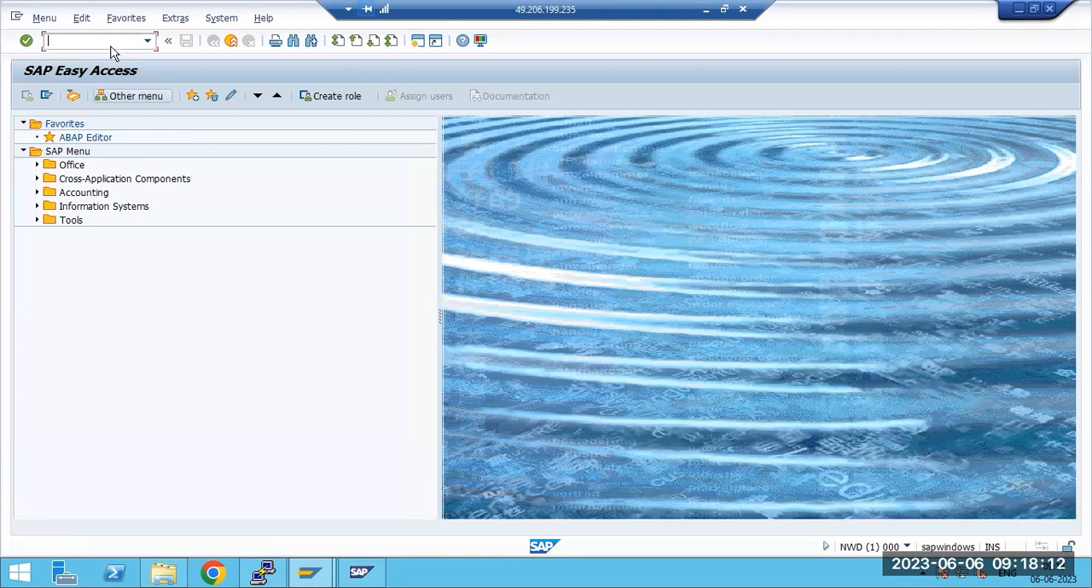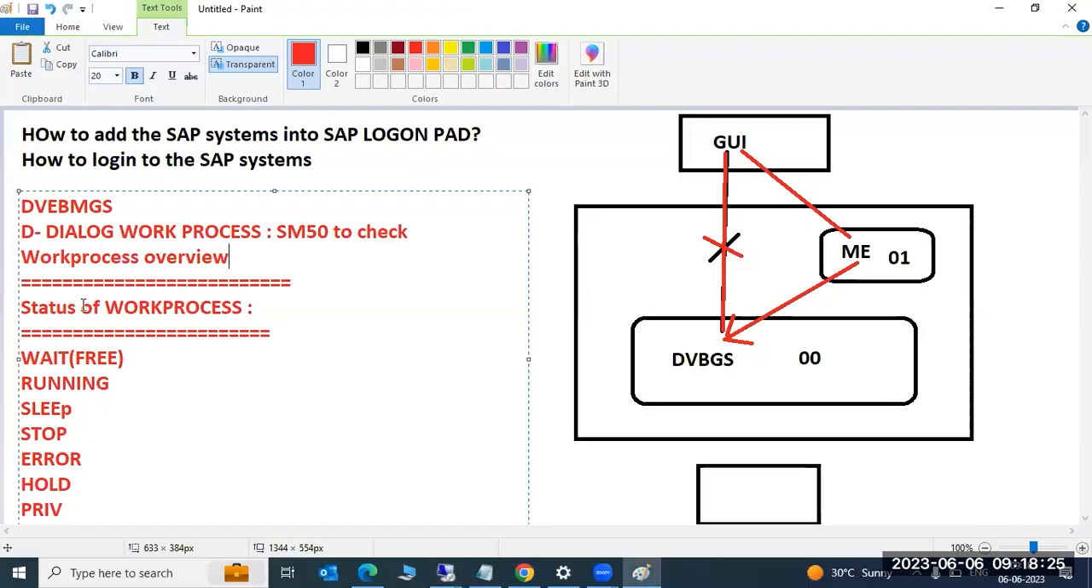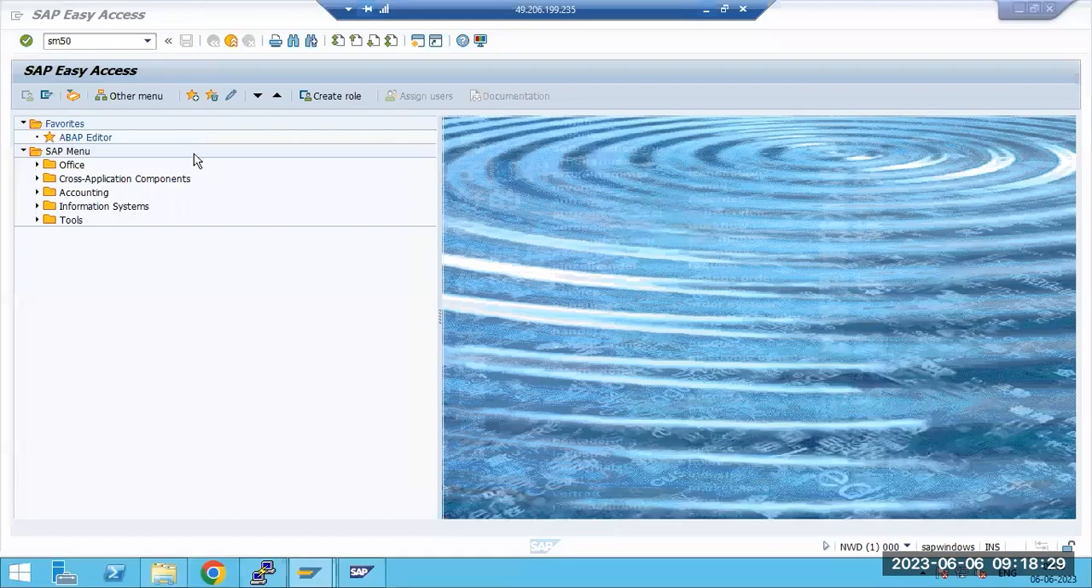Here, this is the OK code box. Here, you need to enter the transaction code, the first transaction code. Why? Because what is our first work process? Dialog work process. The first transaction code is SM50. If you just click enter SM50, then